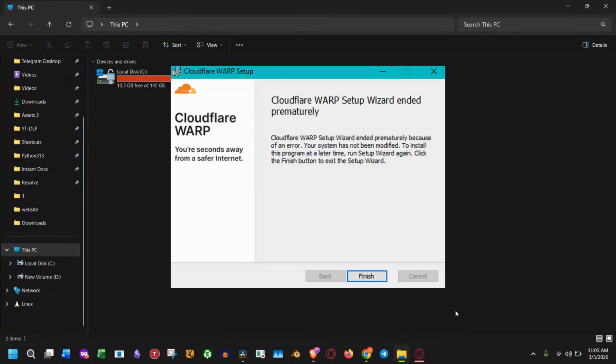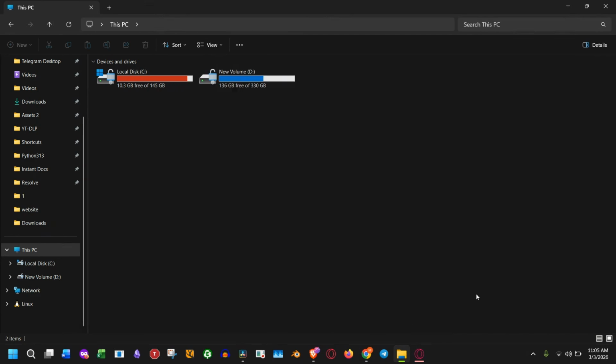If you're getting the Cloudflare WARP Setup Wizard Ended Prematurely error during installation, don't worry. This is a very common issue, and it's usually not a problem with your computer. In most cases, this happens because old Cloudflare WARP files are still sitting on your system and blocking the new installer from completing properly. Even if you already uninstalled WARP, leftover background services or hidden folders can cause the installation to fail. In this video, I'll show you exactly how to completely wipe those old files and force a clean